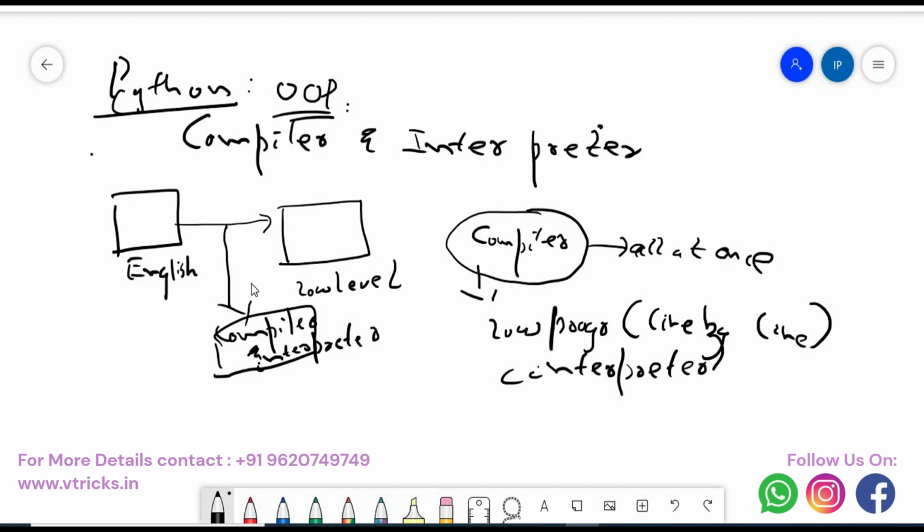Okay, so this is about the compiler and interpreter. What is Python? It is an object-oriented programming language. Why is it object-oriented? We'll be seeing this later. So the compiler and interpreter come into the picture to convert high-level programs to low-level programs. The next session will start with the Python basics and we'll understand the practicals on the same.